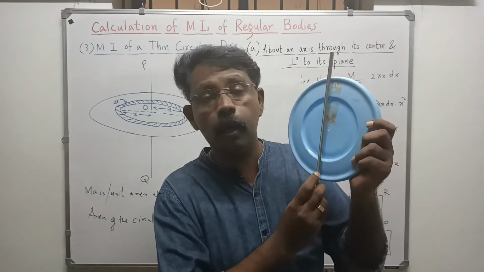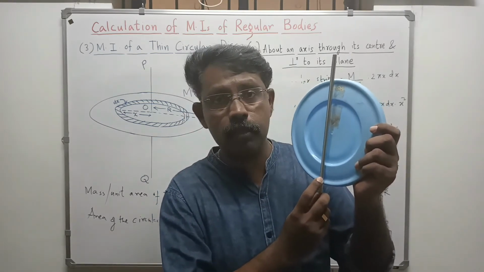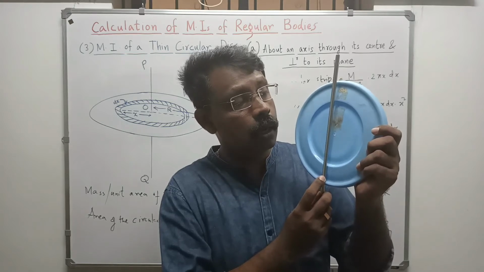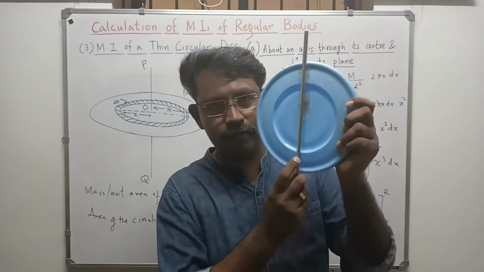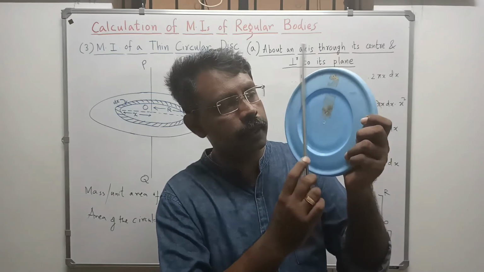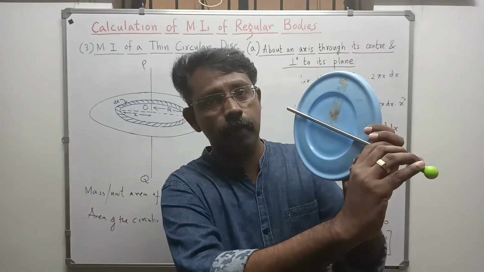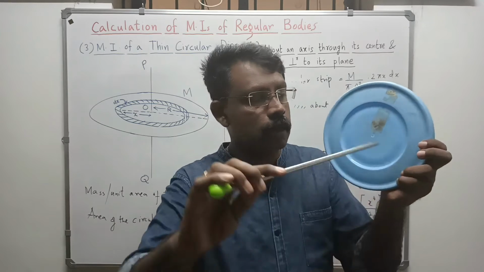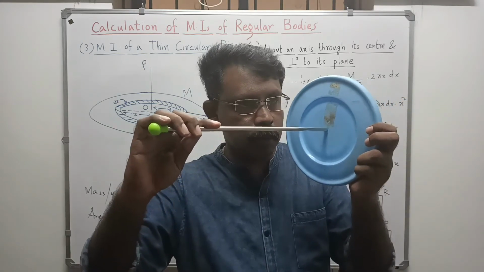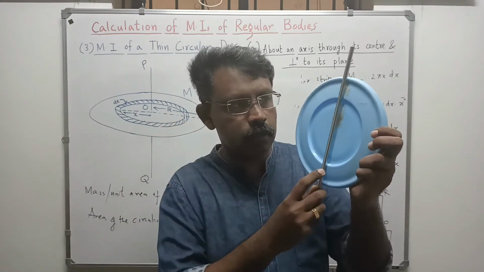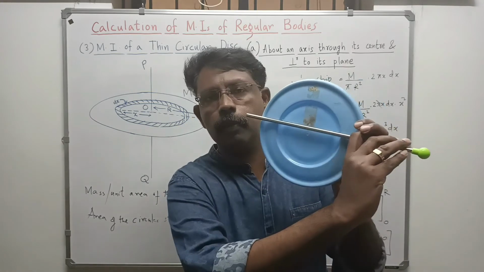Moment of inertia of this disk about an axis passing through the center, but parallel to the plane, lying on the plane. What is the theorem that we are applying there? It is the perpendicular axis theorem. If you know this one, the moment of inertia of the disk about this axis, I can calculate this one about this axis as well as about this axis by applying